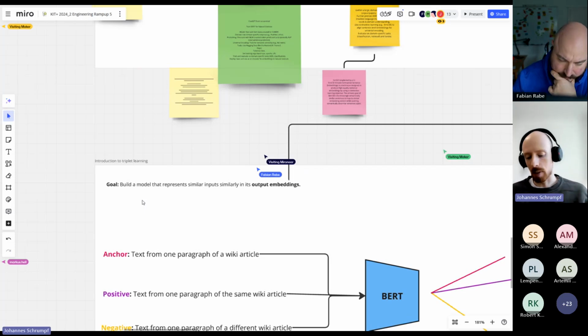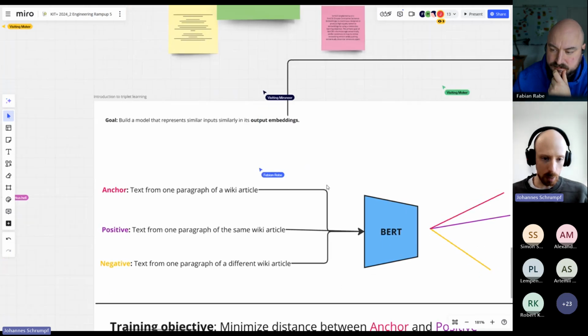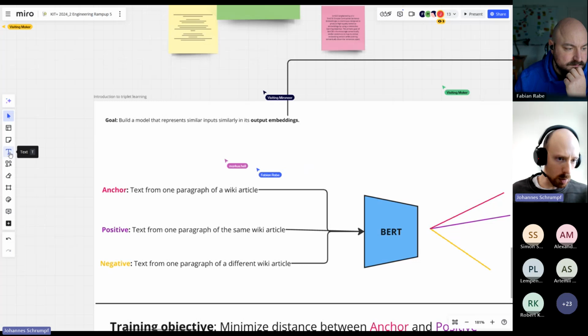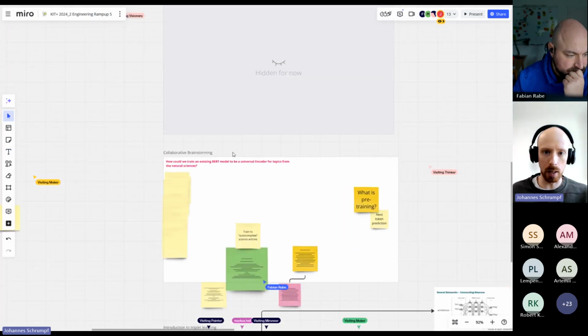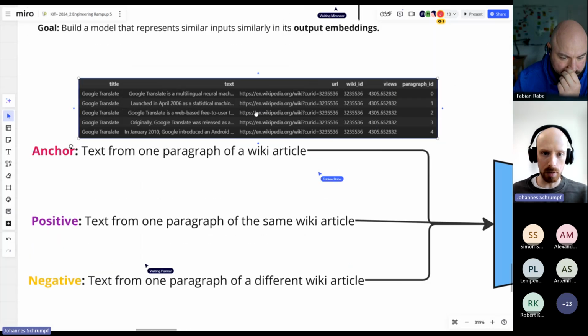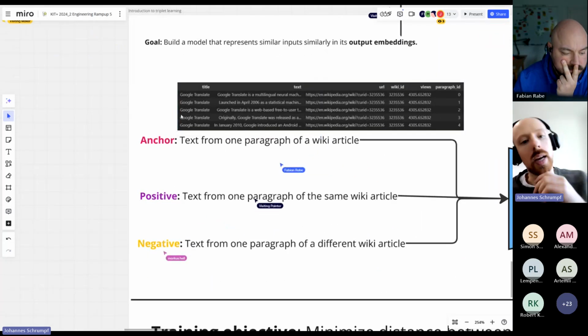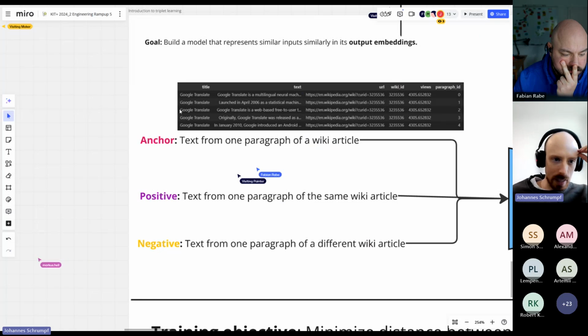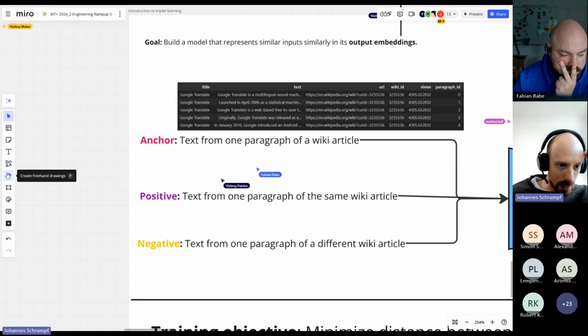And so the question now becomes, how can we do this? And the strategy that we will be using is, again, this so-called triplet learning. And this triplet learning relies on these three terms here. The terms are anchor, positive, and negative. And what we can now do is, I'm just going to copy the description of our dataset up here, down, and illustrate this. We can say, okay, so we know that here in this dataset,